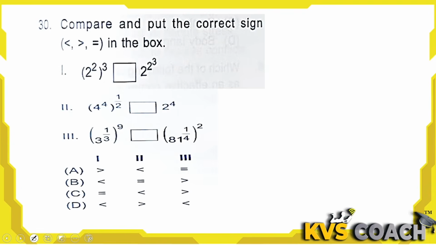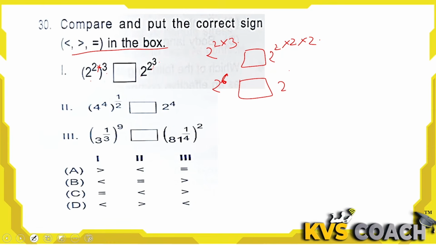Next question is last one. Compare and put the correct sign in the box. Okay. Here they are saying 2 का square by 3. 2 का square into 3 हो गया. That is 2 into 2. 2 का स्क्वायर यहाँ पे 2 का क्यूब है. ओके दिस अगर ब्रैकेट के बाहर है देन वी विल पुट मल्टीप्लाई हियर. दिस इज क्यूब 2 into 2 into 2 दैट इज 2 3s are 6